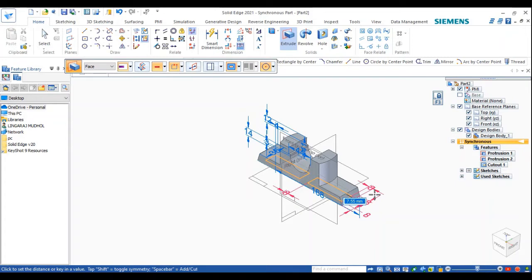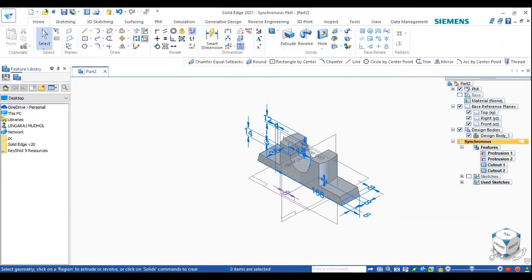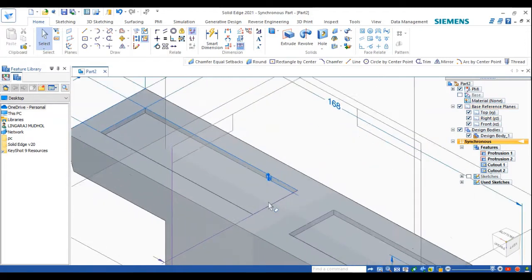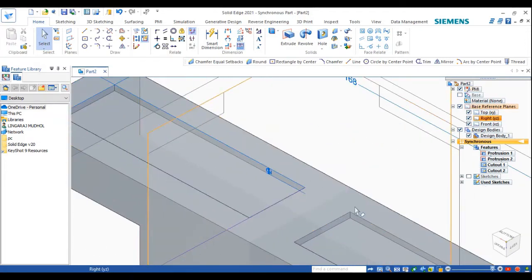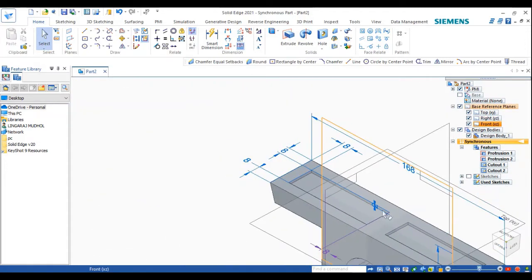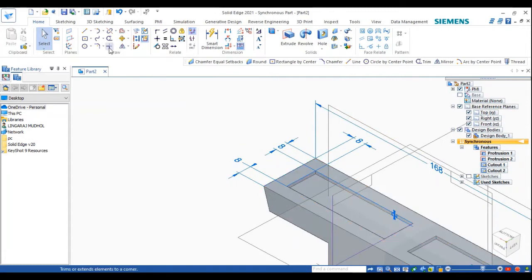See, okay, and the depth we should remove is 2 mm. We'll just mention it, 2 mm. Enter. See, you can see here the 2 mm, the edge has been cut. Now